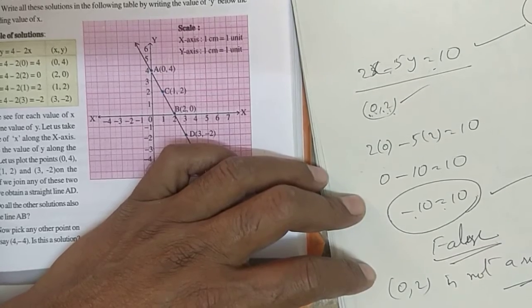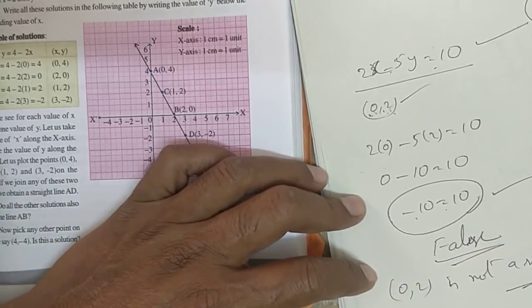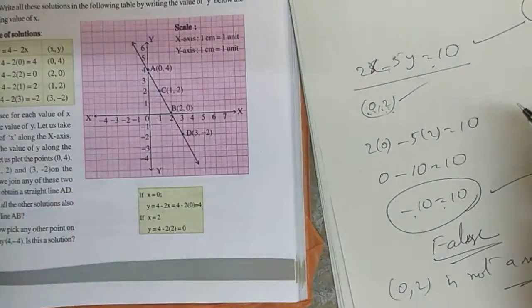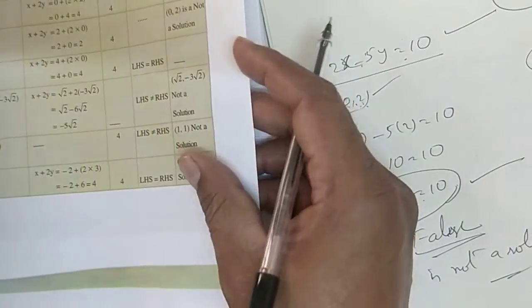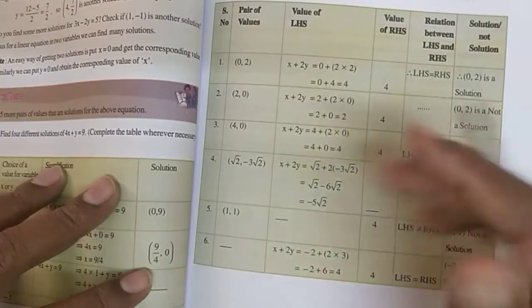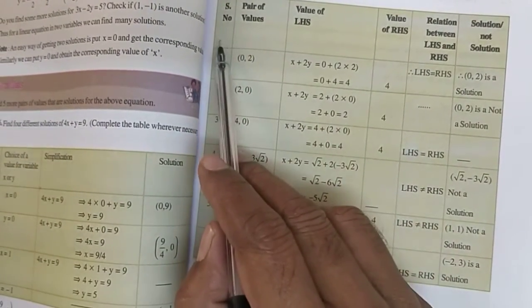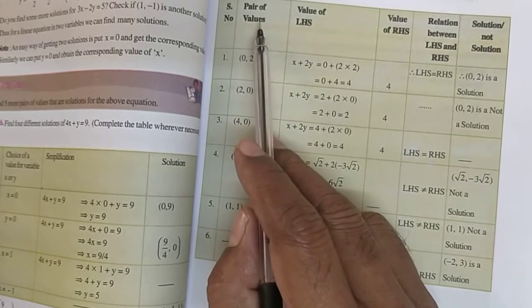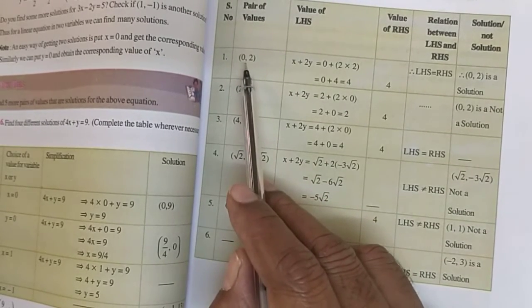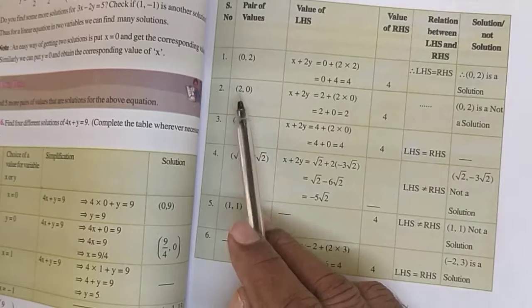Okay. Like this, you have to do the remaining by using this box. See, I will show you one box here in the example sum. So you have to write a serial number, pair of values. In the question they gave (0, 2), (0, minus 2) like that.